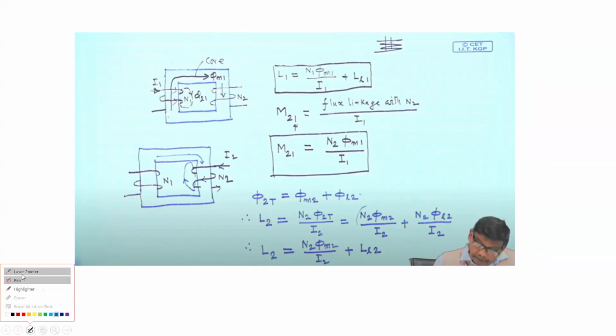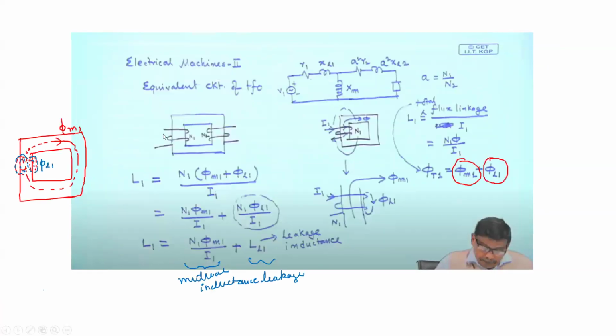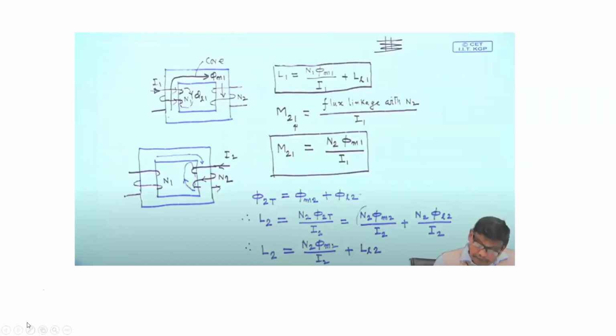So similarly, he is finding out for the N2 number of turns. Let us say the I2 current is passing through these N2 coils. Let us say, instead of giving the input at the primary, we are giving the input at the secondary. Okay, so if we give the input at the secondary, then what will happen is that here this flux will also